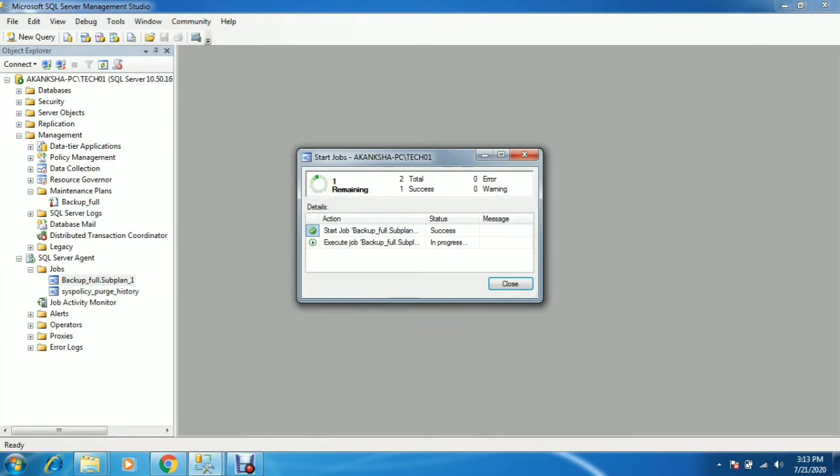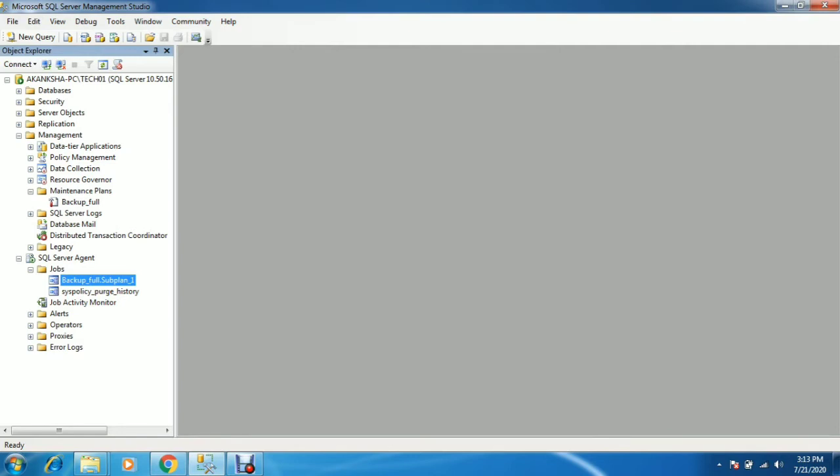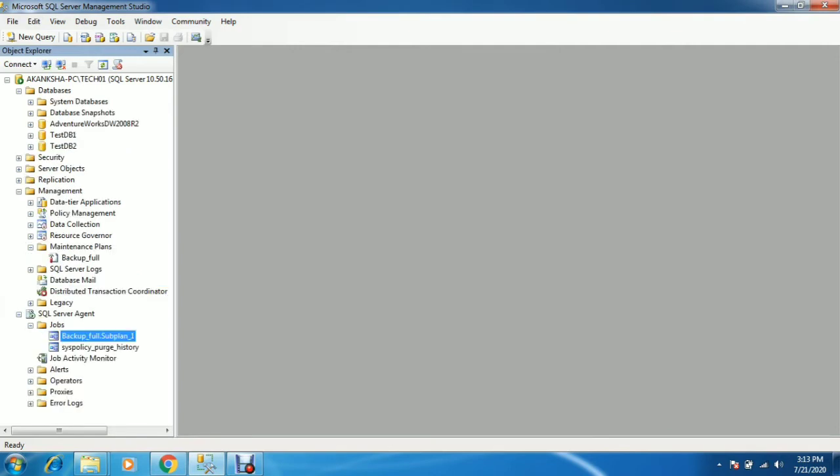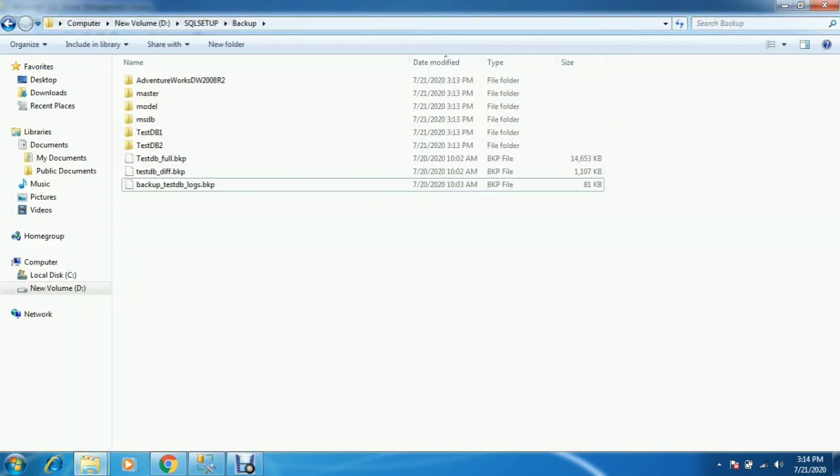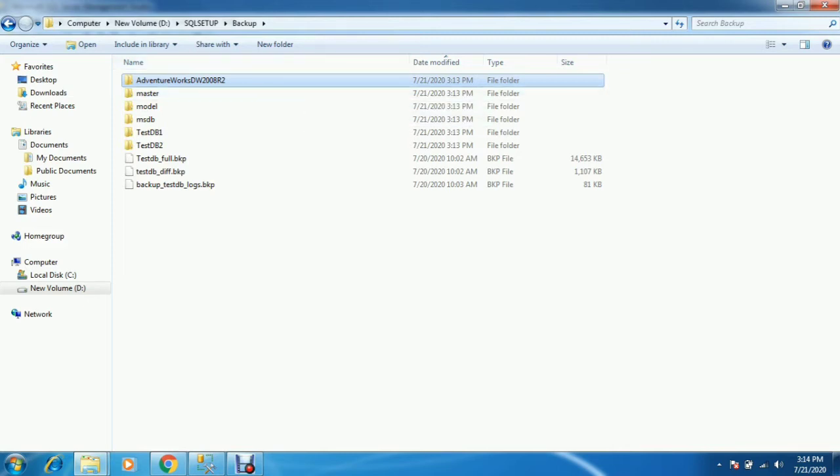It will take all the databases available in the SQL instance. It will take the full backup of all the databases, so the total execution time will depend on the size of the databases. It's completed now. Close it. Basically I have a couple of user databases, test db 01, 02, and adventure. Let me verify the backup location. I can see the backups are created in a subfolder.